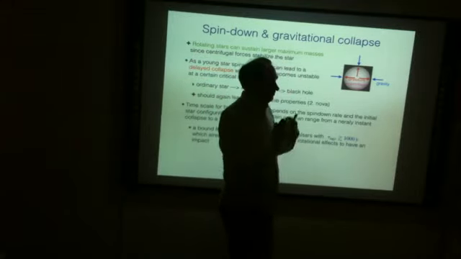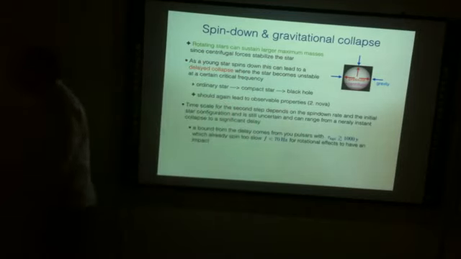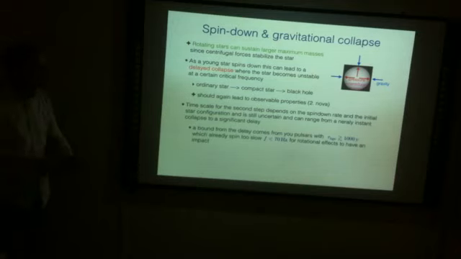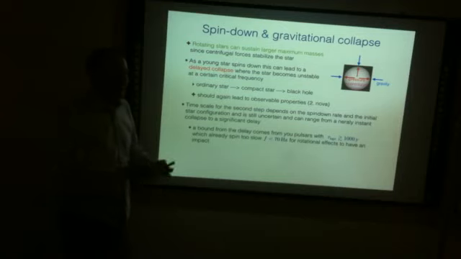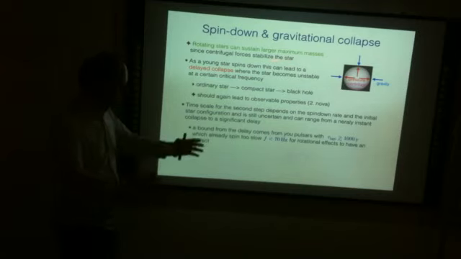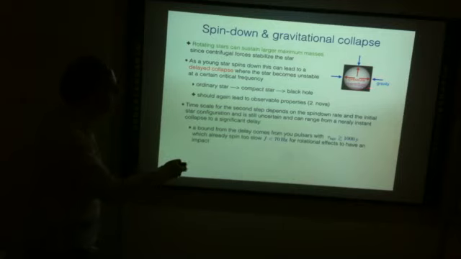And this is very important because, as I said, the spin changes during the evolution of the star. If a star initially spins very fast and then spins down, meaning the rotation gets slower, at some point it might become unstable. If it spins very fast, it can have a large mass, but once it spins down and gets slower, then gravity might be strong enough to actually collapse the star. This is something called a delayed collapse.